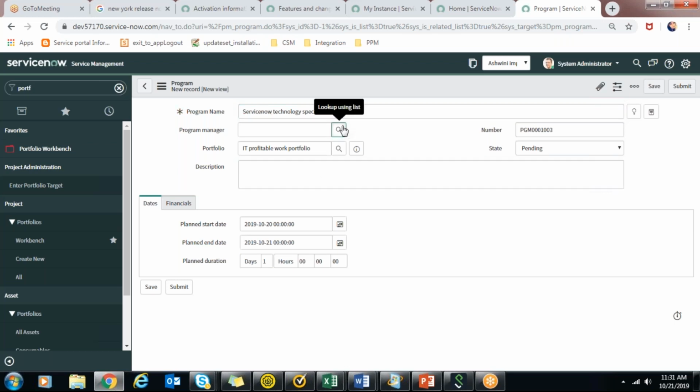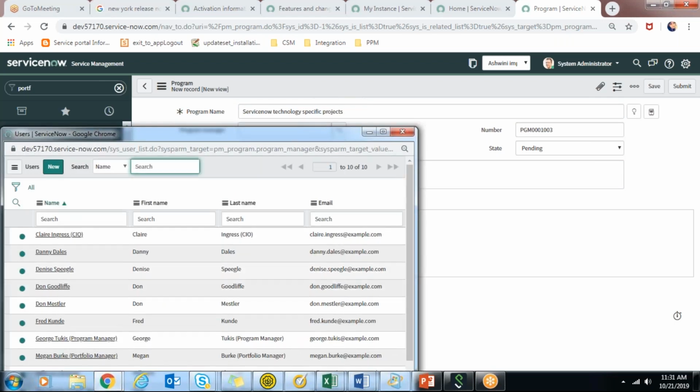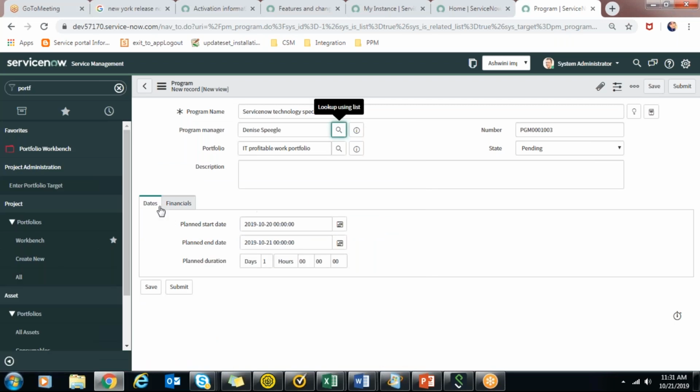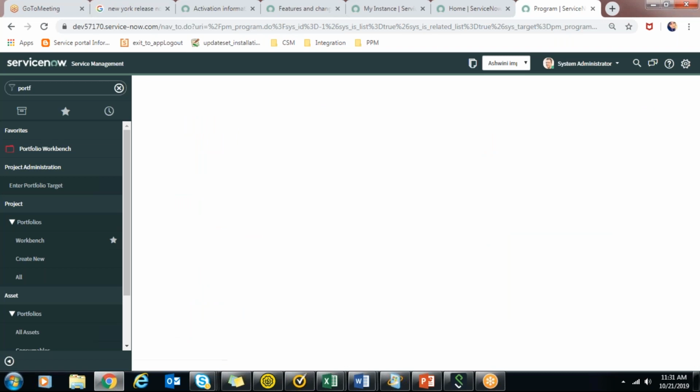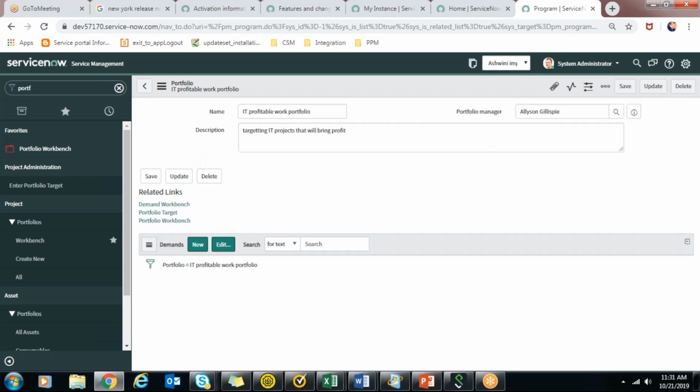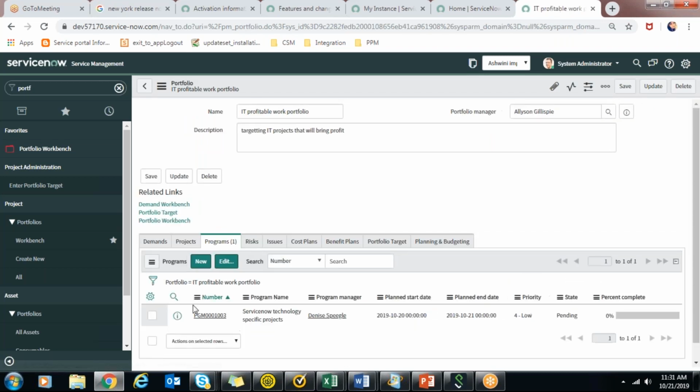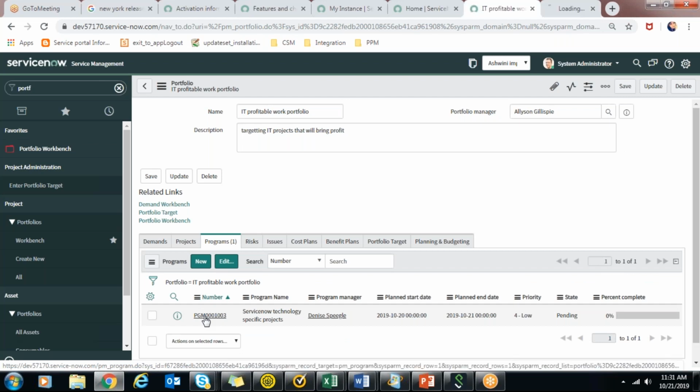Who is the program manager? Here also there are different state flows that you can see. And the financial planning, capital, operating, planned cost, budget, benefit, percentage of planned return on investment, everything is here. Once you submit the program, you can see it here under that portfolio.